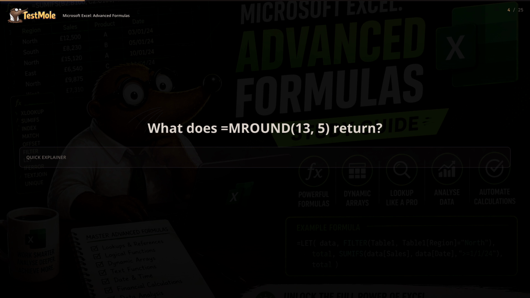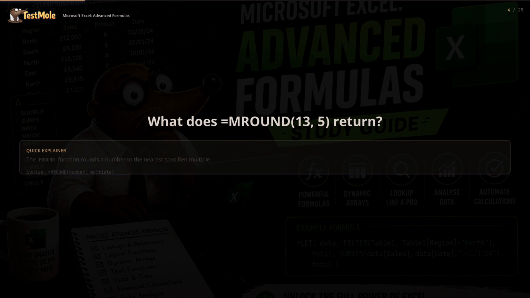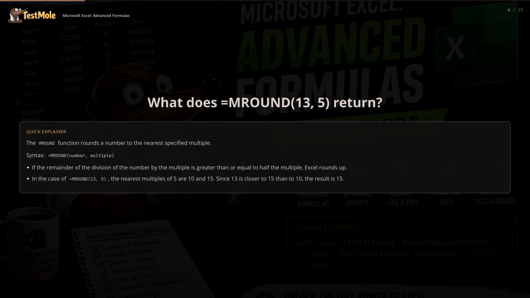What does equals MROUND(13, 5) return? The MROUND function rounds a number to the nearest specified multiple. Syntax. Equals MROUND, number, multiple. If the remainder of the division of the number by the multiple is greater than or equal to half the multiple, Excel rounds up. In the case of equals MROUND(13, 5), the nearest multiples of 5 are 10 and 15. Since 13 is closer to 15 than to 10, the result is 15. Choose